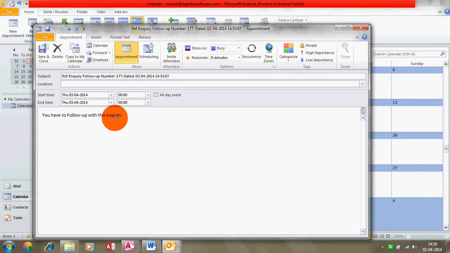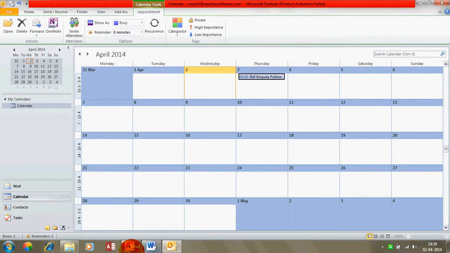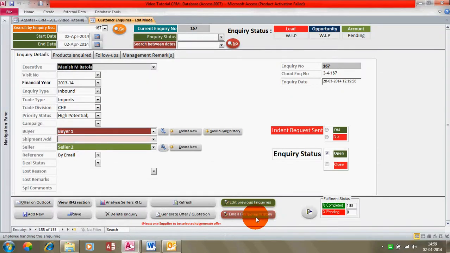You have to follow up with this inquiry. There are a lot of details which can come into this email body. You will have to tell us what you want and we will put it there for you so that it's easily identifiable. For example, I'll show you if you want an email follow-up history in an email body.